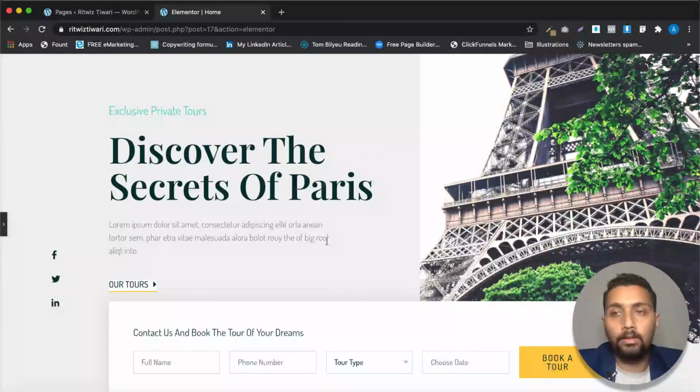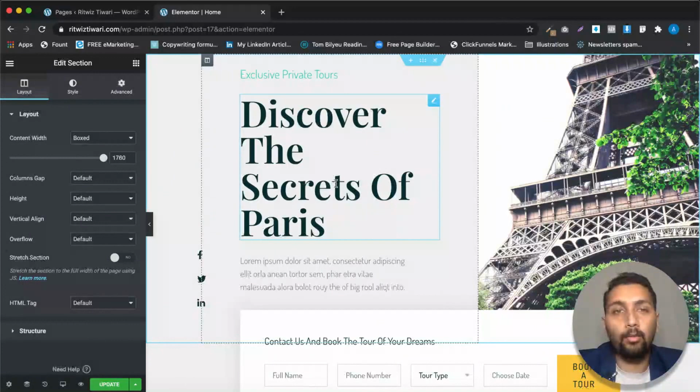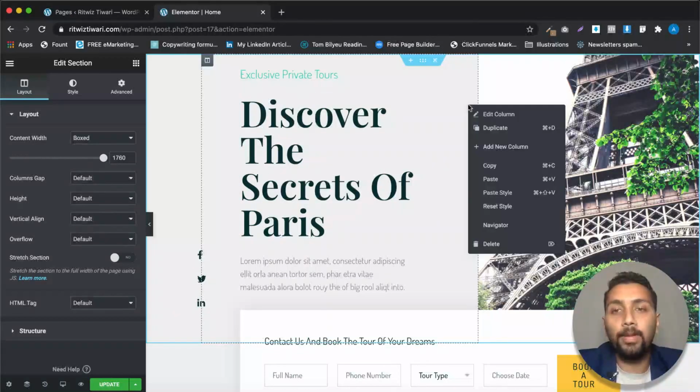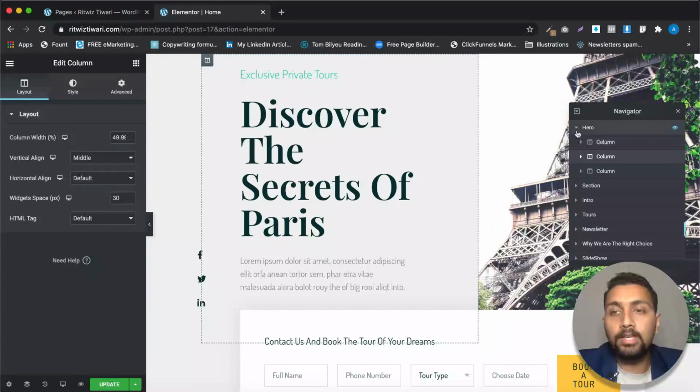Now let's talk about editing them, like how we would change certain stuff that we want to. Firstly, I want to show you that the hierarchy of different elements on this page needs to be understood very carefully. For that I am going to show you a hidden feature that not a lot of people know, which is called the Elementor Navigator. You just have to right click anywhere on the page, and you will get these options. Then click on the Navigator button,